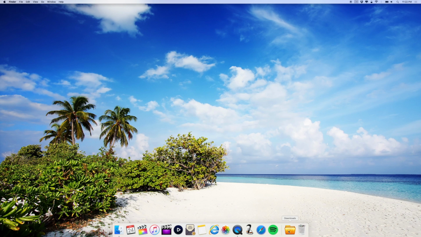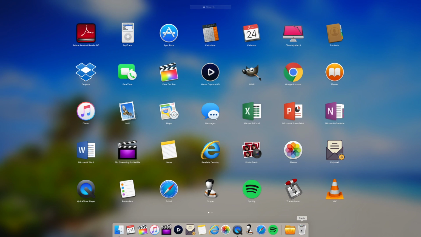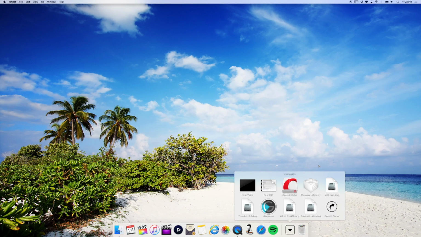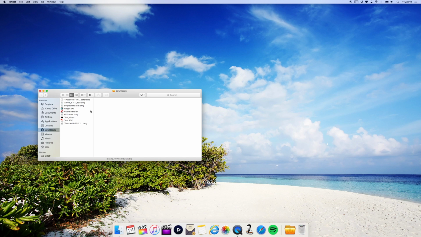Over here I have my downloads folder, then the trash. Let me show you all the other apps that I have. I have Adobe Reader. I like using Adobe Reader instead of the default app, which is Preview. So let me just open a PDF real quick so you can see what it looks like